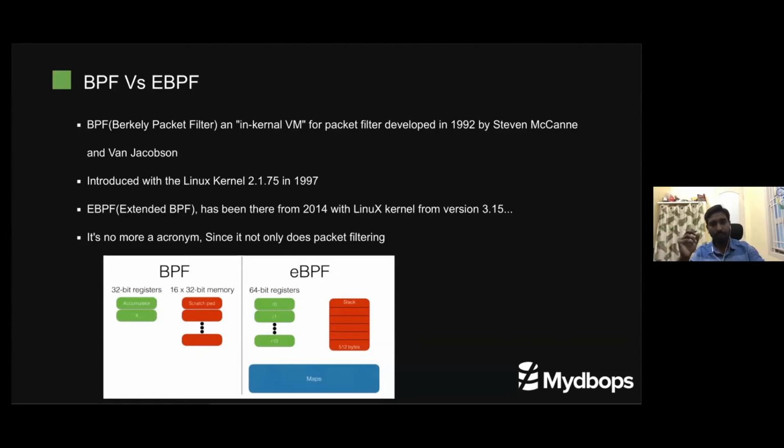You can see they developed this package even in 1992, and it was built with efficiency in mind. It is integrated into the Linux kernel like a virtual machine, which we call a sandbox inside the kernel. It captures packets, filters them, and sends them to user space. This was the first use case for which BPF was built. Later, in 1997, BPF was introduced into the Linux kernel and started shipping with every flavor of Linux.